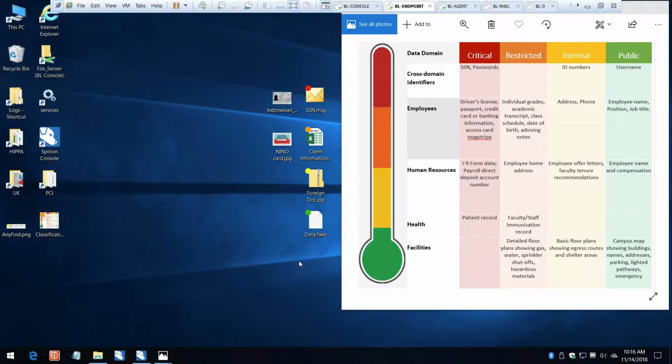I can identify information that's compressed. I can identify any type of file extension. So you can see here I have a file extension .fake, which is a non-existent file type that I'm aware of in the world. That doesn't exist. We're still able to apply classification because we're still able to read into that information to understand the types of information that we're looking at.